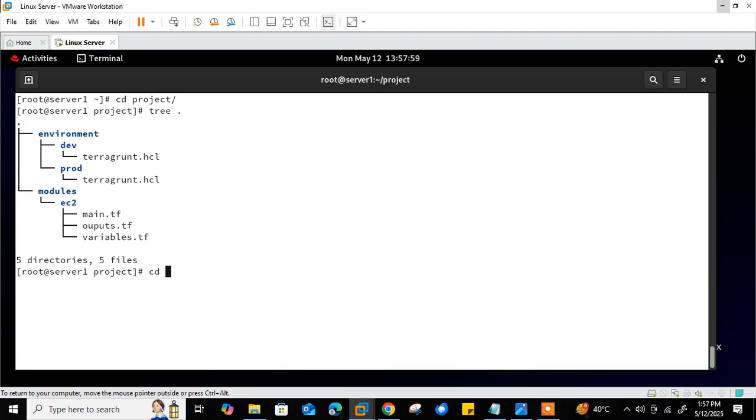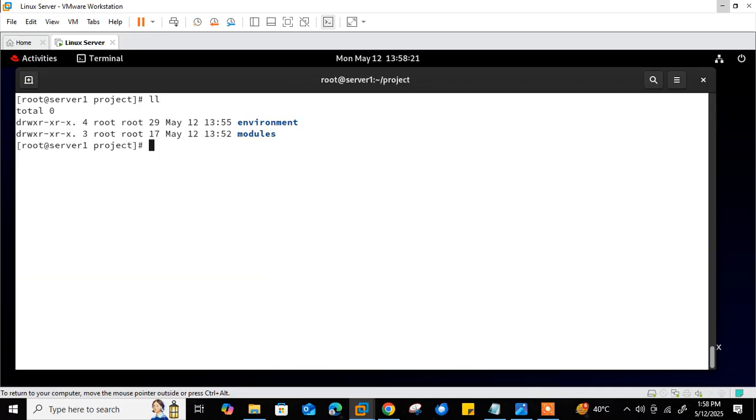I mean to say, suppose I need to go in environment prod, and then EC2 prod. Here I have to run the command terragrunt apply or init or plan or destroy, something like that. This is one by one, in both folders you have to move. Otherwise, what we can do is centralize control from my root folder, which is the project folder, right?